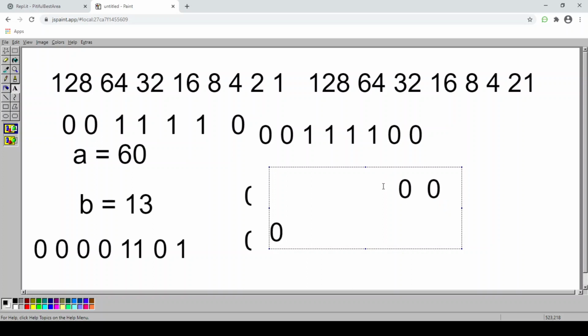The 1 will change to 0, and this 1 will be passed to this, and it will be a 1, and this 1 will be passed to this, and this 1 will be passed to this, and as we deleted the first number, this 0 will be here. This is the left shift operator value for a, shifted towards 1.